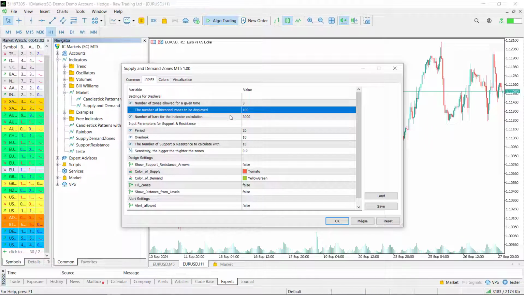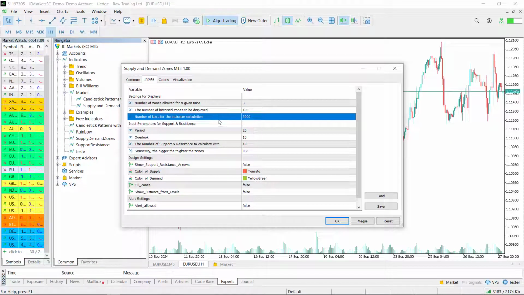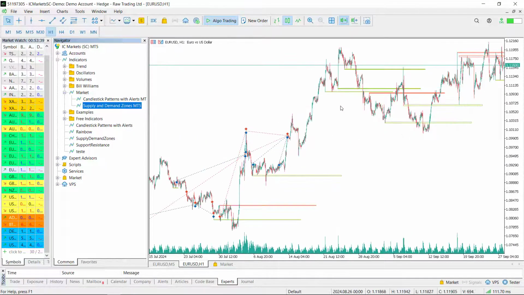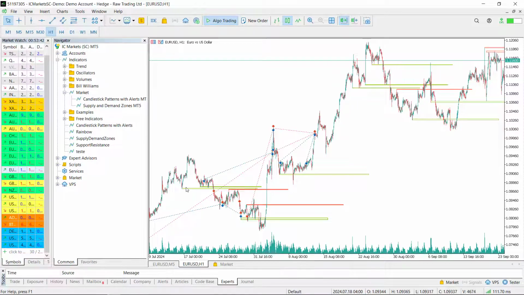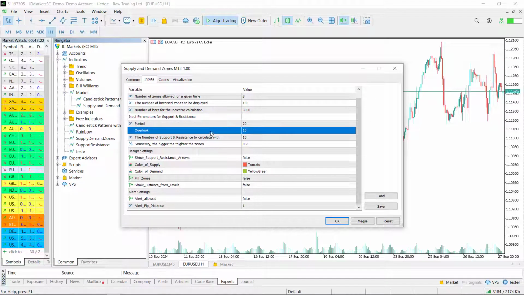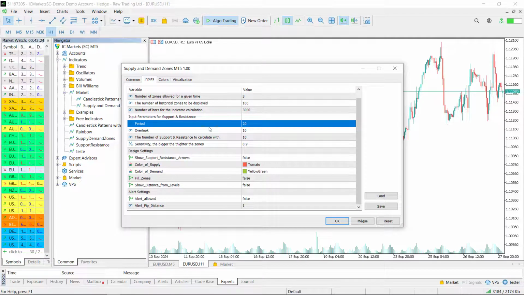You can also set the amount of bars the indicator should calculate with in the initialization phase. If this number is too high, the initialization may take longer. First, the supply and demand zones are calculated for the latest candles, and after that for the number of bars you have specified. With the period and overlook input parameters, you can define how the support and resistance levels are